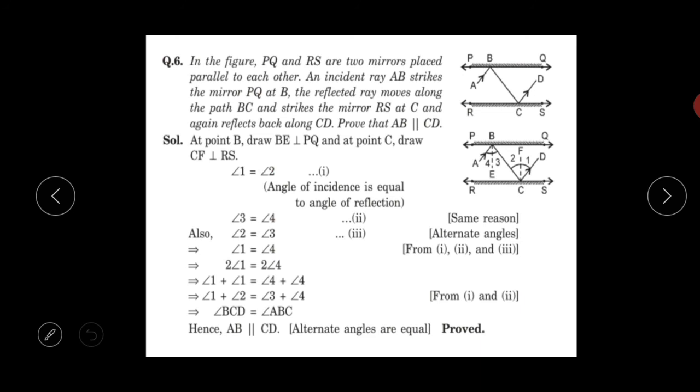And student, after constructing you can say that angle 1 will be equivalent to angle 2. Why? Because angle of incidence is always equal to angle of reflection, as we have discussed earlier. Similarly student, you can say that angle 3 will be equivalent to angle 4. Same reason, because angle I is always equal to angle R, therefore angle 3 will be equal to angle 4. Now student, we also have discussed that angle 2 will be equal to angle 3. How? Because we have discussed that alternate angles are equal. If parallels are drawn with the perpendicular, then these perpendiculars are also parallel to each other, and that's why alternate angles will be equal, and that's how we got angle 2 is equal to angle 3.